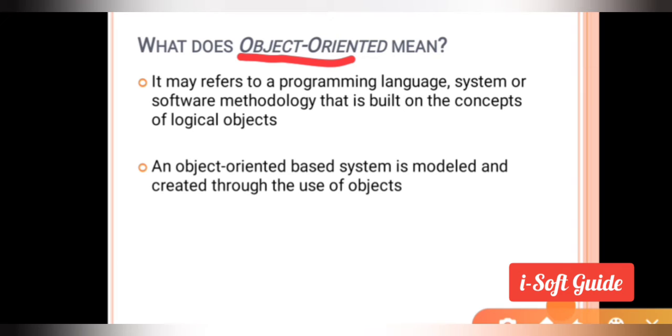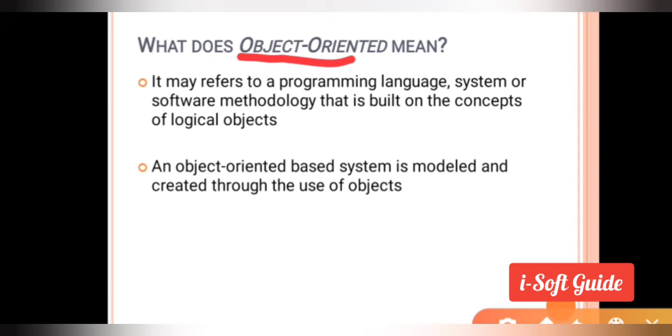For example, an object oriented programming language, object oriented system, or object oriented software is built on the concept of logical objects, which means it is focused on objects, and an object oriented based system is modeled and created through the use of